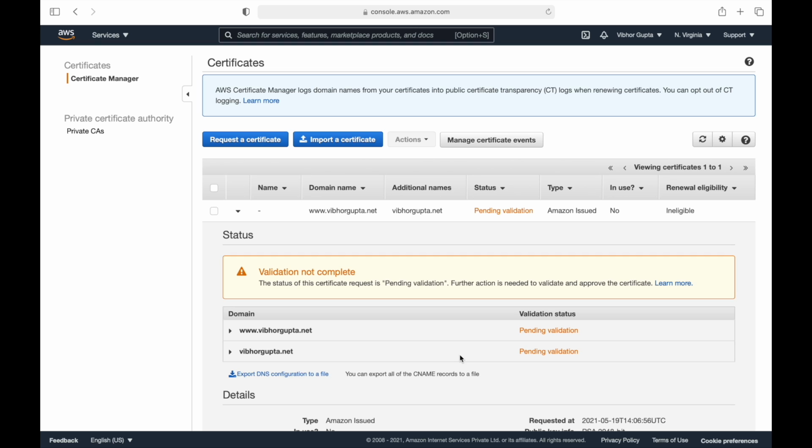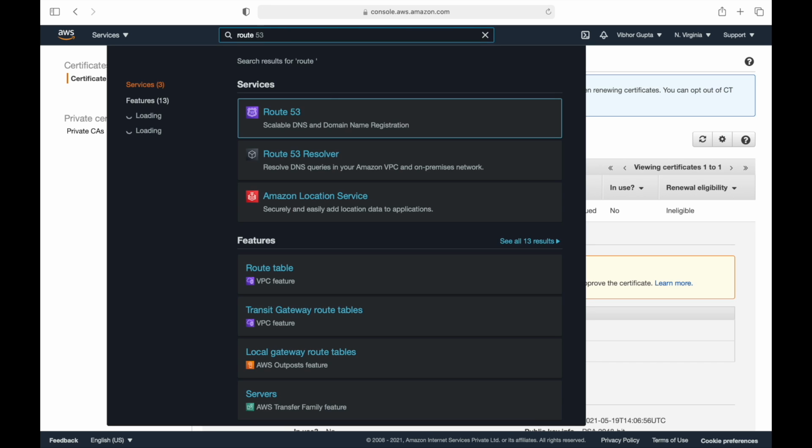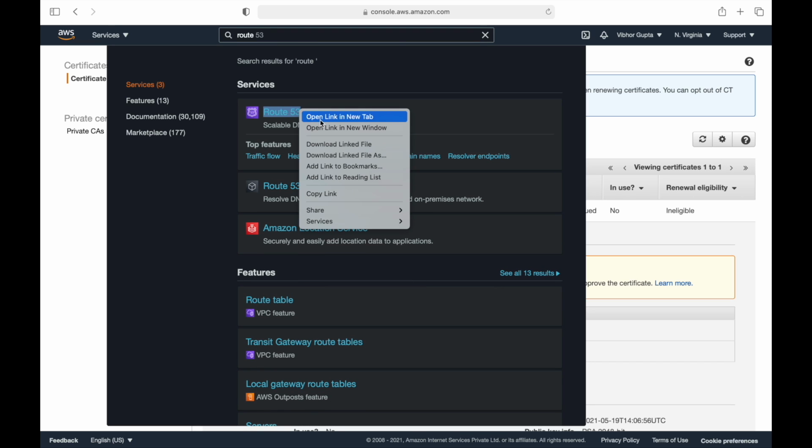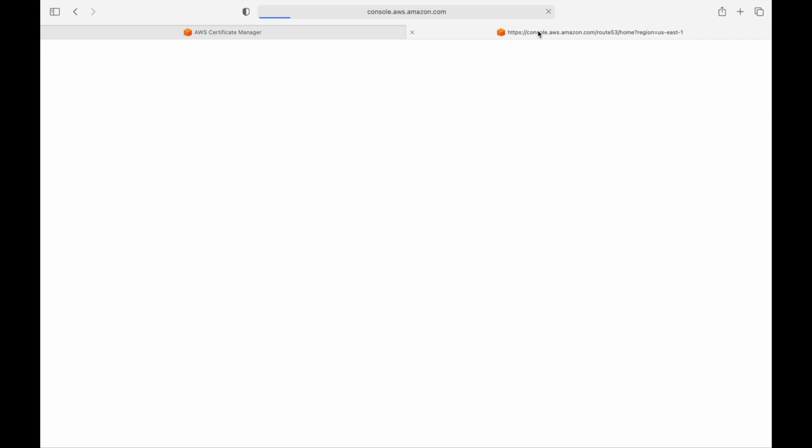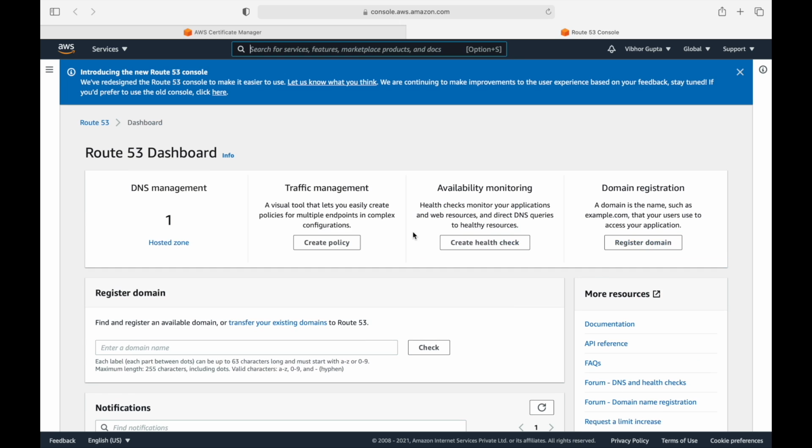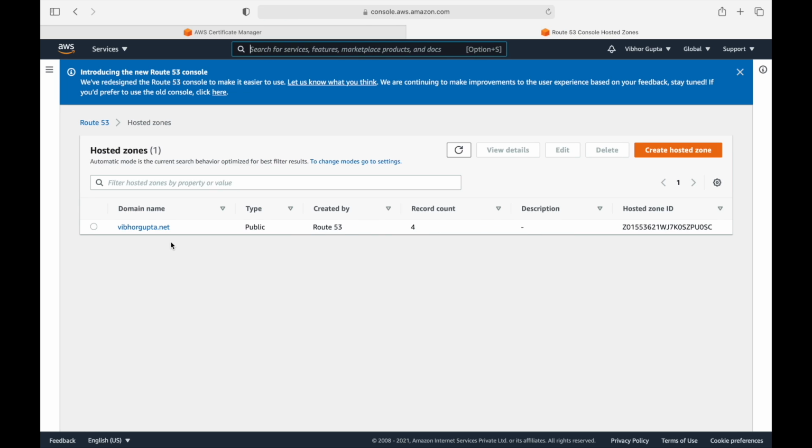In the meantime, let's go to Route 53 and see if our records are created or not. Search for Route 53. Open in new tab. We have configured a hosted zone for our domain. Click on your domain name.